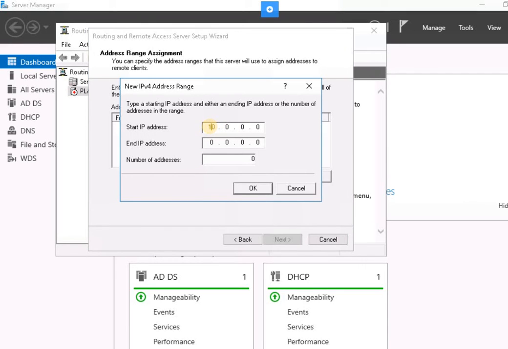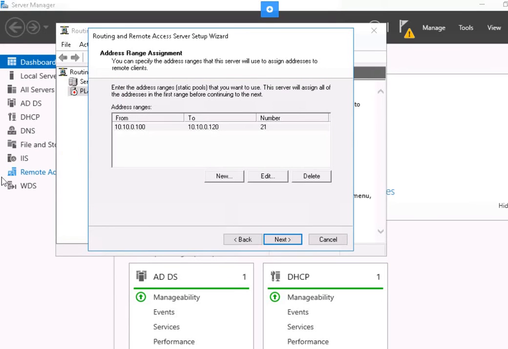I'm just going to enter the IP. Okay, now you can see here the number of addresses is 21. Okay, then click OK. And then next,